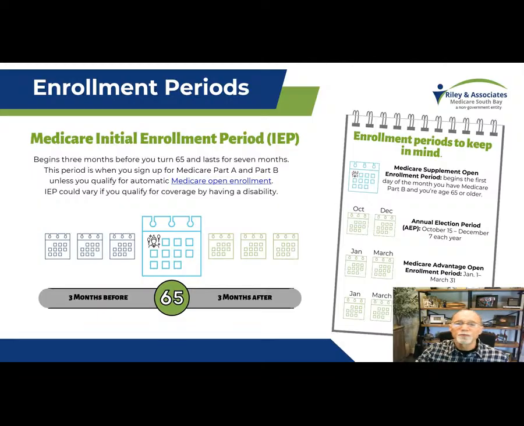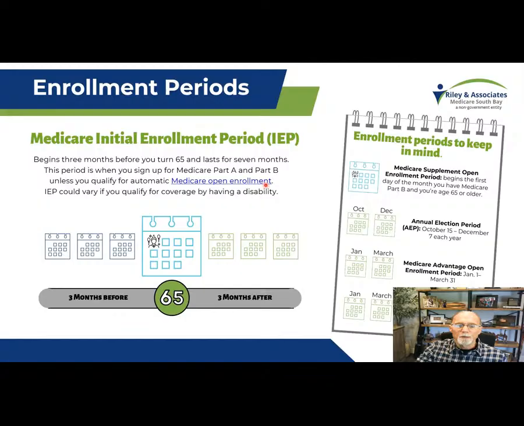Okay, this is really important stuff here. There are 3 main enrollment periods that you need to understand at this point, and then a couple which I'll just tell you about. The initial enrollment period here is when you're going to sign up for Original Medicare. Okay, and that's for Original Medicare Part A and Part B. And then you'll also choose coverage at that time or within a month of that. That will start at the same time.